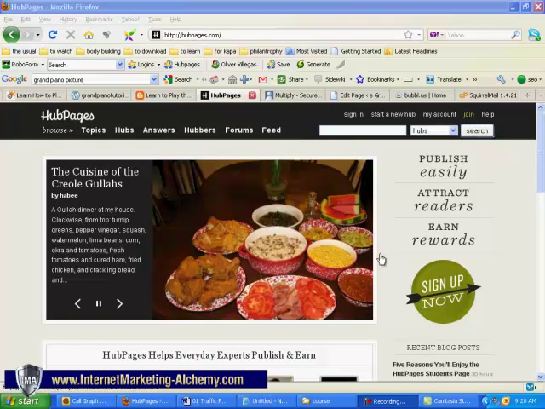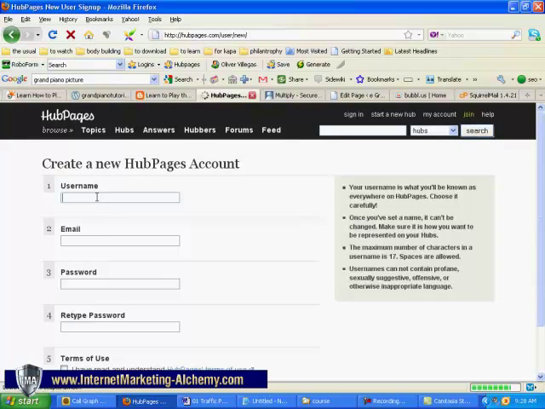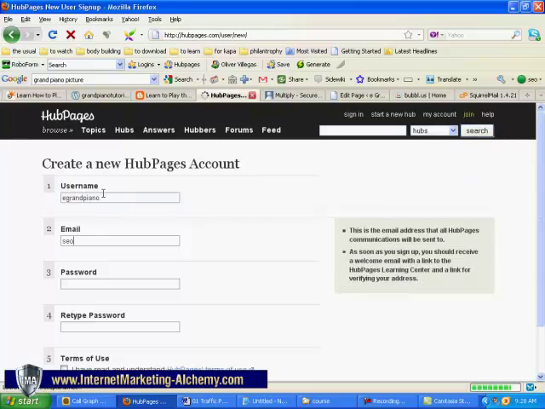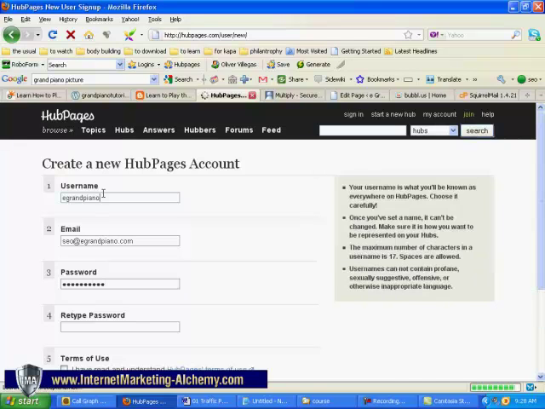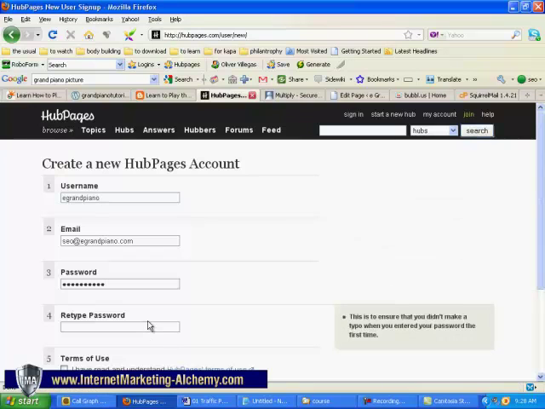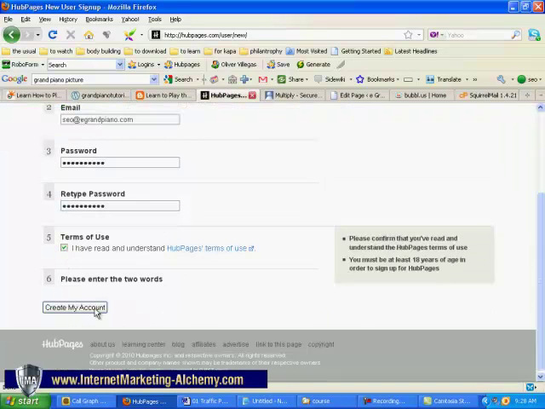Okay, the next Web 2.0 site that we're going to set up is hubpages.com. We're just gonna join them and create our new account there. Just gonna call that eGrandPiano, SEO at eGrandPiano.com, and then okay. And then agree to their terms and